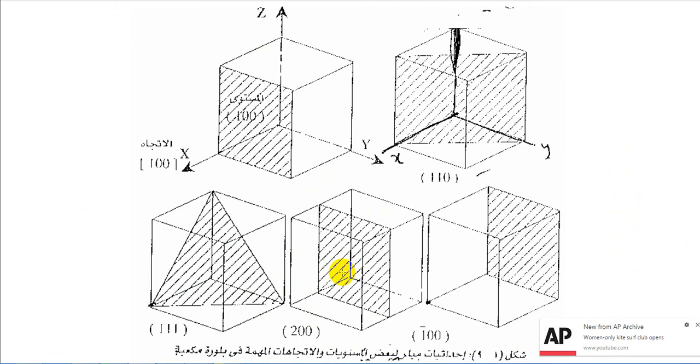First, as you can see right in front of you, figure 1.9: Miller indices for the important or essential orientations and planes in a cubic crystal. Here, as you can see, this is the plane 100. This is the orientation 100. This is actually, as you can see right here for you, a diagonally extended plane. The plane is 110.